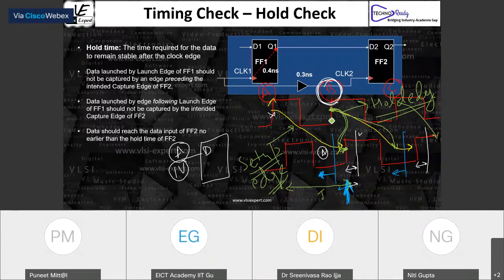So as such, from the diagram point of view, I'm giving you the analysis from the edge point of view, but whatever holds true here is going to hold as it is in the next edge, because this flip-flop is going to trigger at 0, 10, 20, 30, 40, 50. This flip-flop is also going to be triggered at 0, 10, 20, 30, 40. So whatever holds good between 0 and 10, the same holds good between 10 and 20.